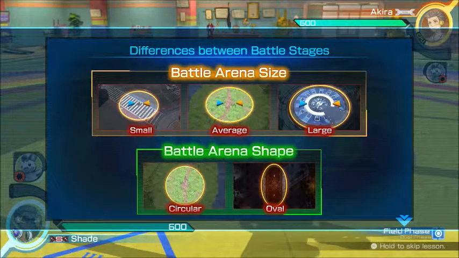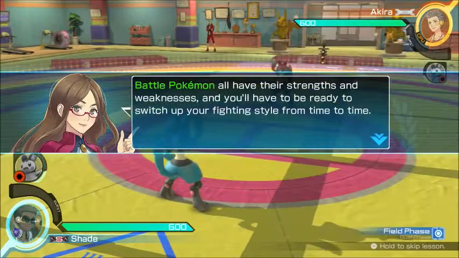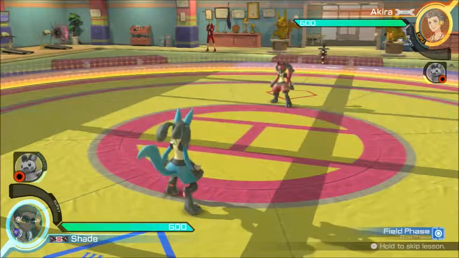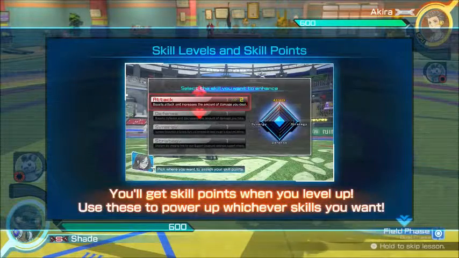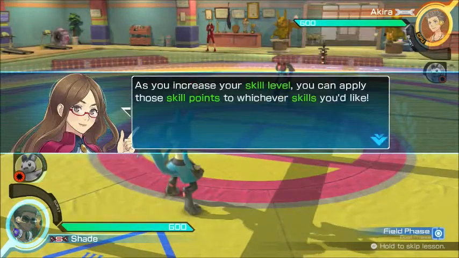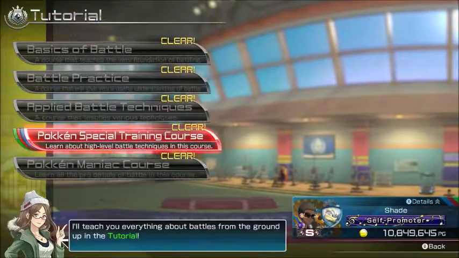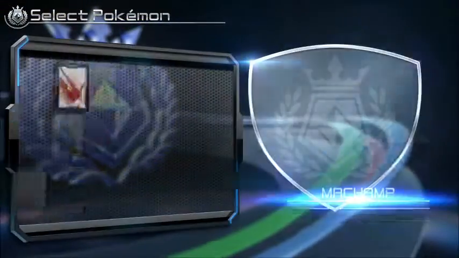Yeah, to be fair, the different sizes and shapes of the maps don't really make an impact on the match. Yeah, there's two. You can get points, level up, and throw your points on whatever area you want to focus on. And another cool thing about it is you have the option to reset all your skill points